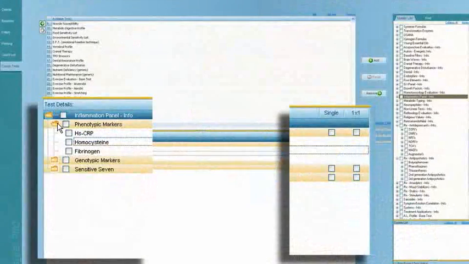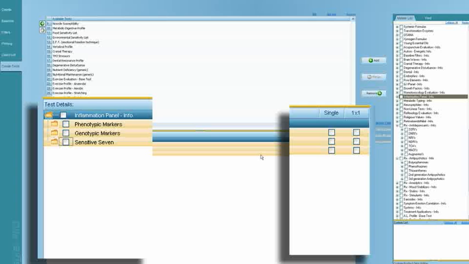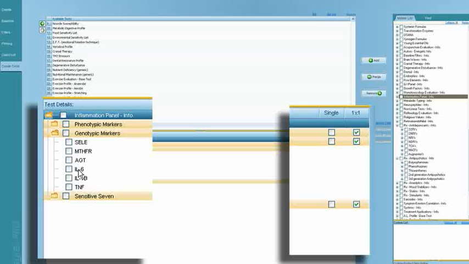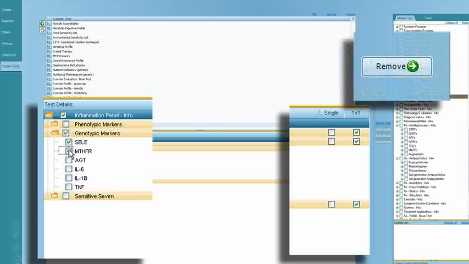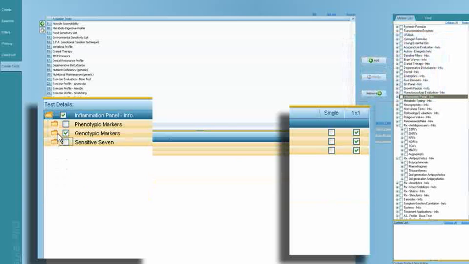To set this up fully, you want all of these set at 1 by 1, and if you go into any of these categories and you're familiar with most of them, but perhaps some of them you're not familiar with, you could just check mark them and remove them from the test if you wanted to. So again, when you run this test, we want everything set up as 1 by 1,